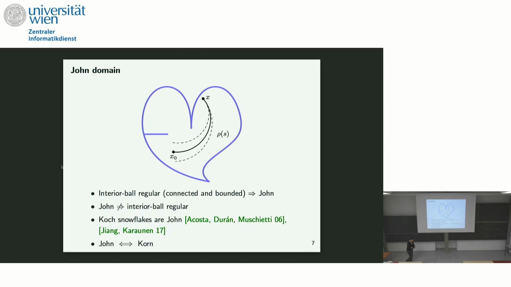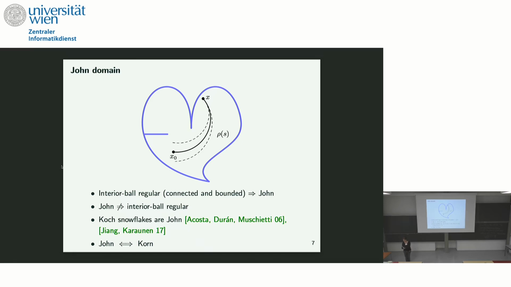Well, the first remark is that at each time t, we need a very special property for our set omega t. So we need these sets to be John. Okay, what does it mean? So a John domain is something that a priori is very wild. It's not Lipschitz. It doesn't have the internal ball condition. It doesn't have the internal cone condition. It could have cuts. It could have cusps. But John domains are such that Korn inequality holds, and actually also the converse holds: if you know that on a given domain Korn inequality holds, then this domain must be John. But as I said, John domains can be very, very wild.